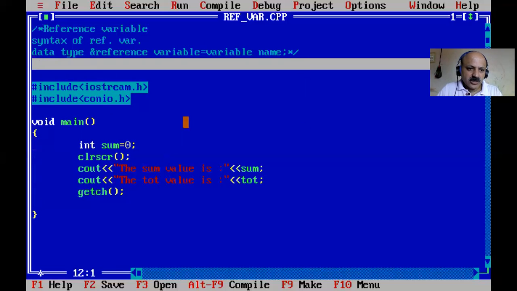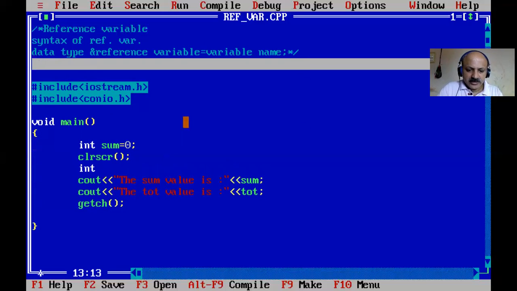Okay, in this part, that is also our line, so here we can declare the syntax. We can refer to the previous one: integer reference, here our syntax is there, and variable name total equal to sum. So we can do declaration and initialization in the same place, and that is known as a reference variable. So we can say that the statement is a compound statement. When a statement does declaration and initialization both in the same place, that is known as a compound statement. So here we require the syntax part of the reference variable compound statement.